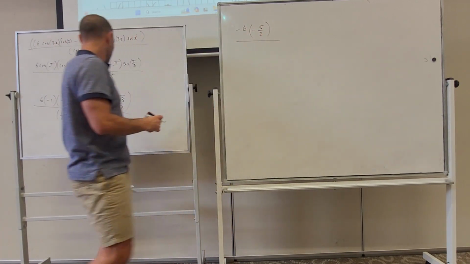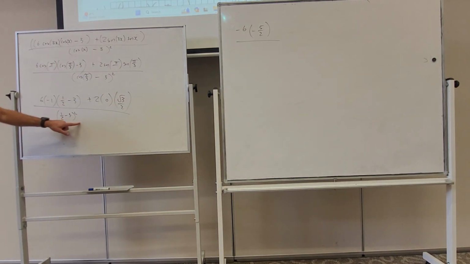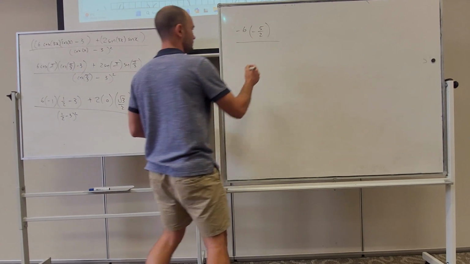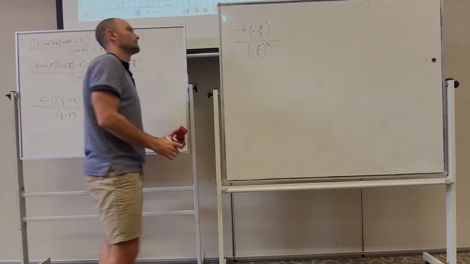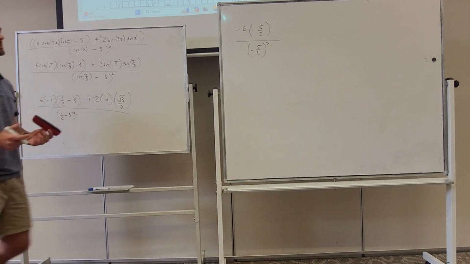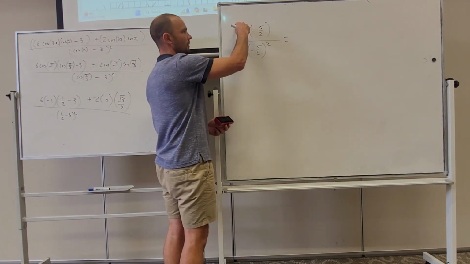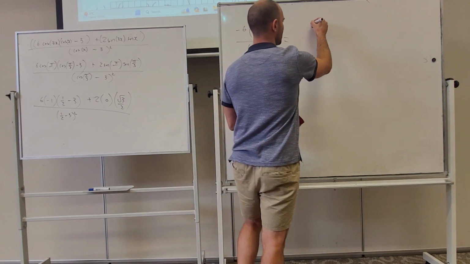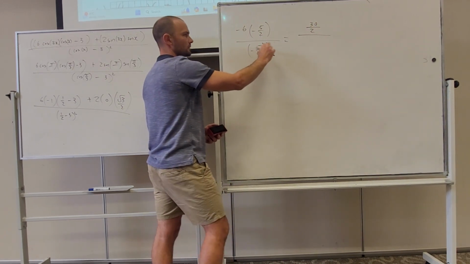That whole thing's going to 0. And at the bottom, we're going to have half take away 3, which is minus 5 on 2, but it is squared. Okay, so that's what that becomes. Now the squared is going to make it positive, so at the top here, minus 6 times minus 5 becomes positive 30 on 2. And at the bottom here, we'll have 25